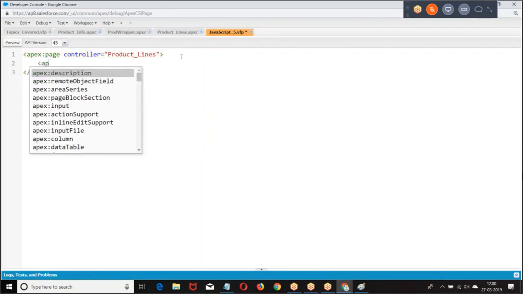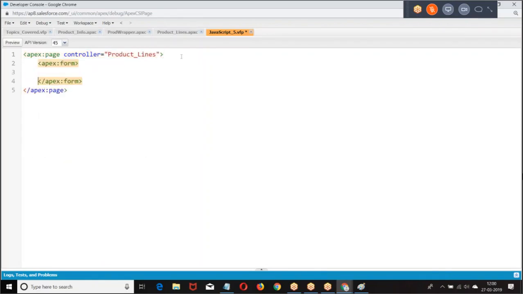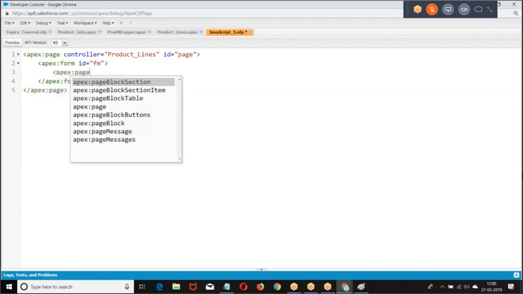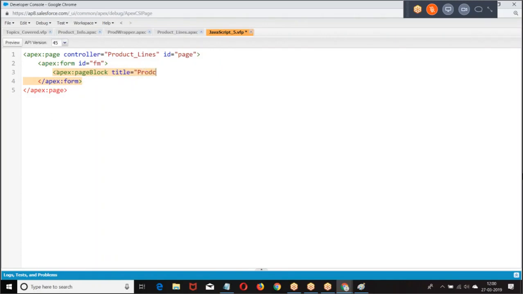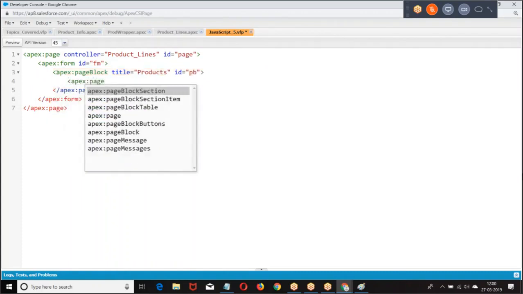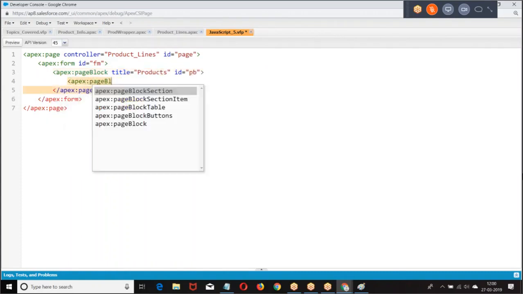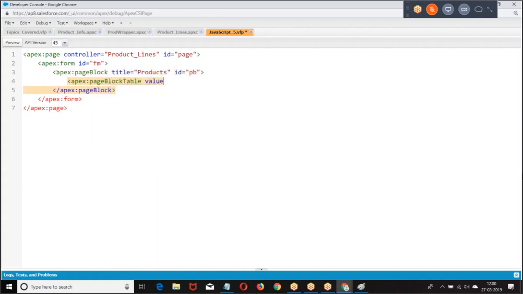Product lines. Page block table value equal to.